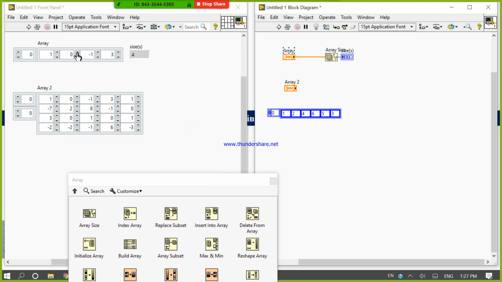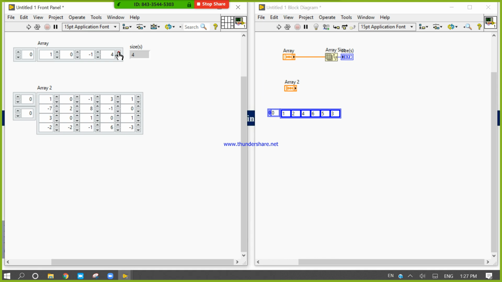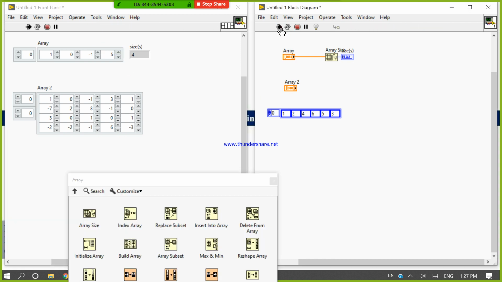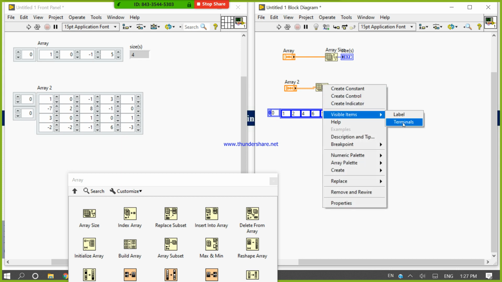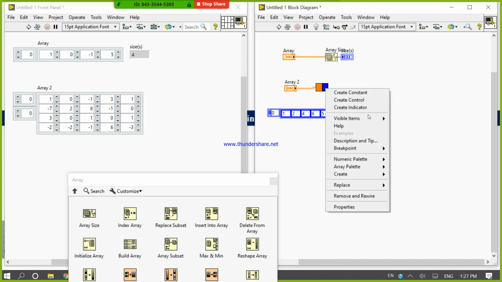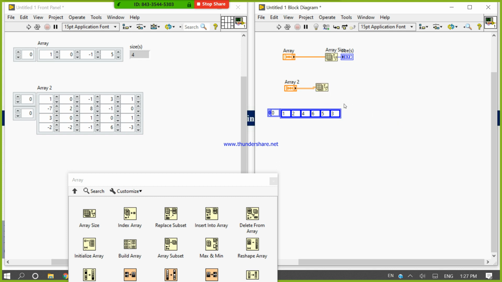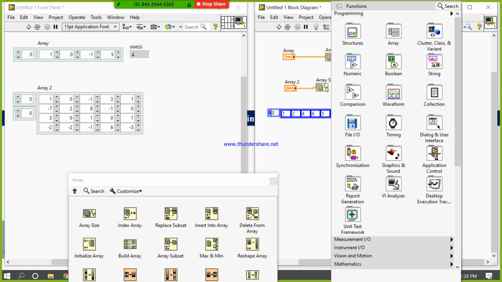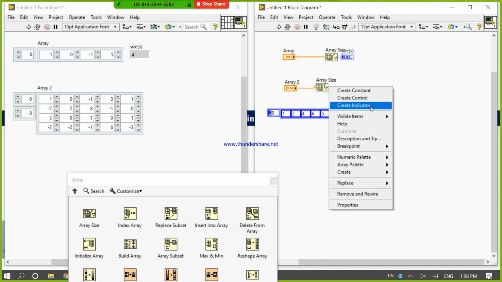If the array size is 4, it is very easy to get the maximum index value. The highest index value is 3, and the minimum index is always 0. Now take it again, right click, create indicator.